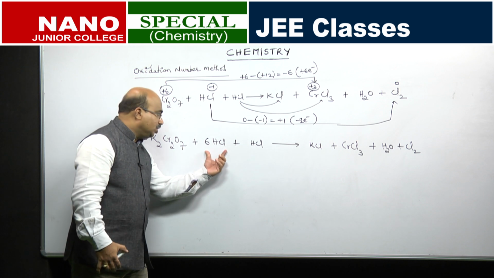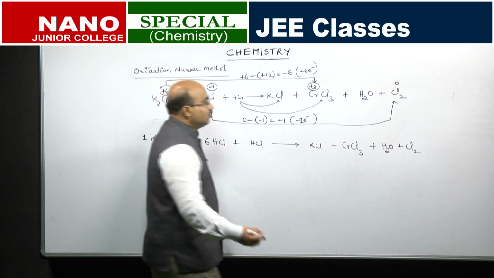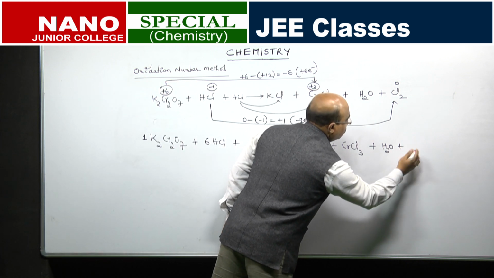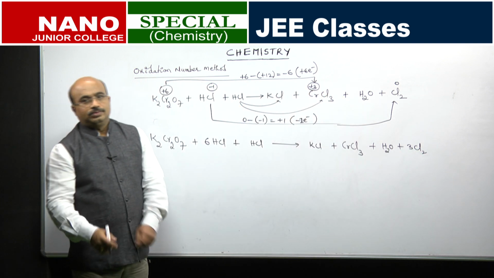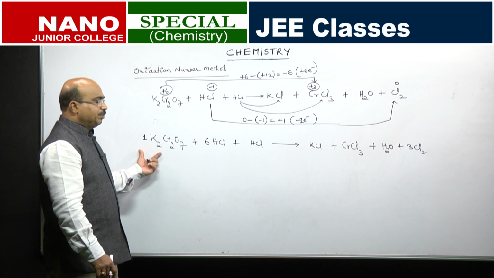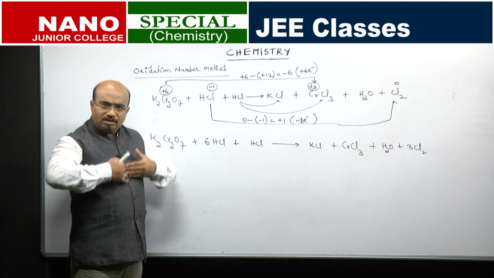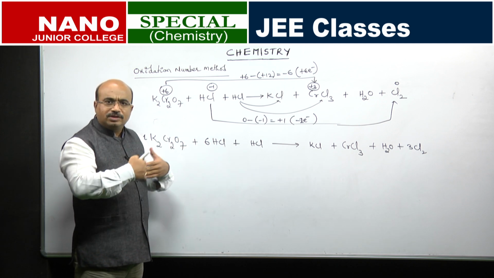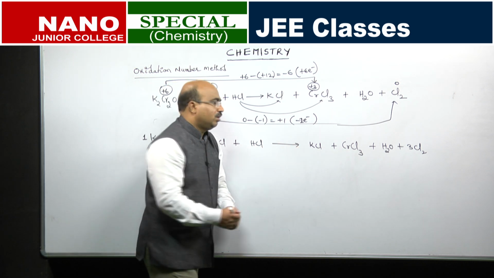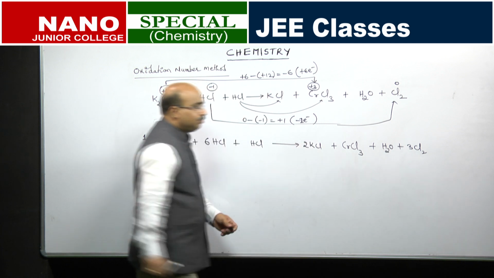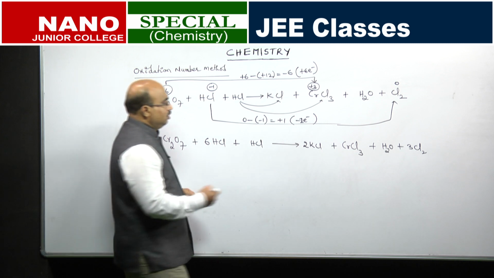So, the chlorine which is changing has to be 6. So, we will write this as 3. We cannot change the coefficient of this. Next, potassium: it is basic logic, you can do it by the hit and trial method. When one is fixed, you can go to the next one. Here potassiums are 2, so here potassiums also have to be 2, make it 2. Now, chromiums are 2, so this has to be 2.